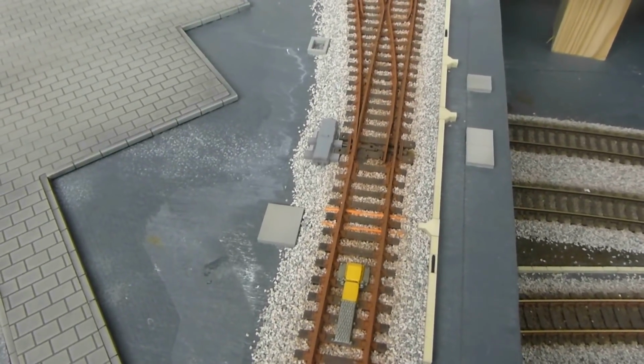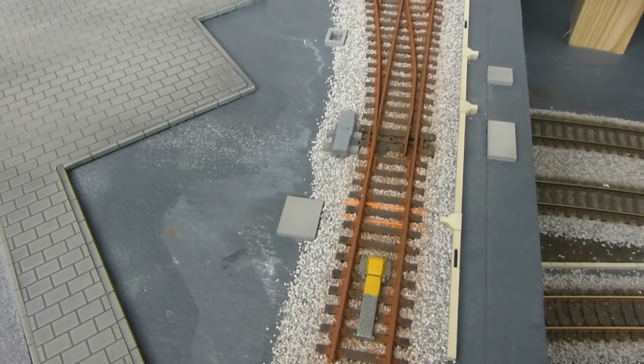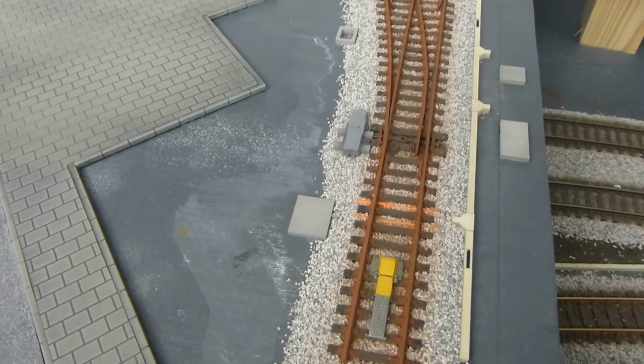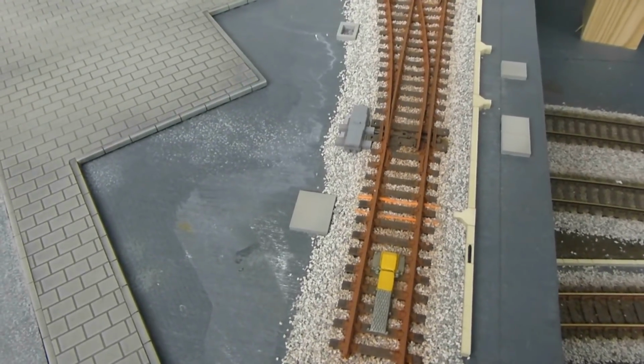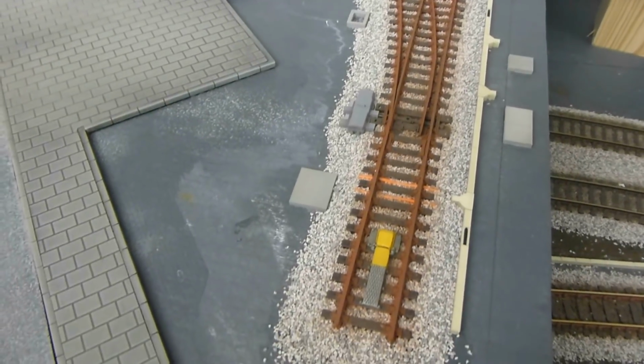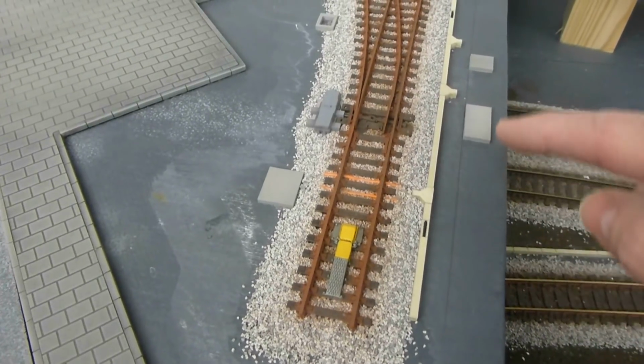I've not cleaned the top of the track, as you would do if you were running trains on it, obviously, for passing of the voltage and the currents, but there's no trains running on this, so it's totally rusted and it gives it a more realistic appearance. You'll notice that I've fitted the AWS ramps, and I've got the point motor dummy there, and I've got these